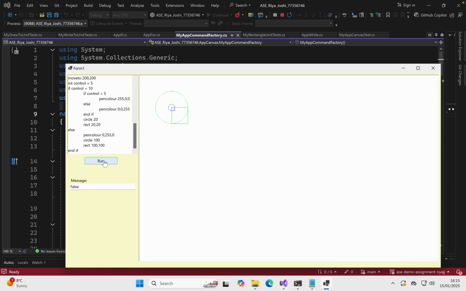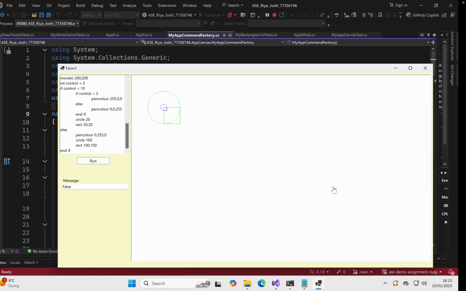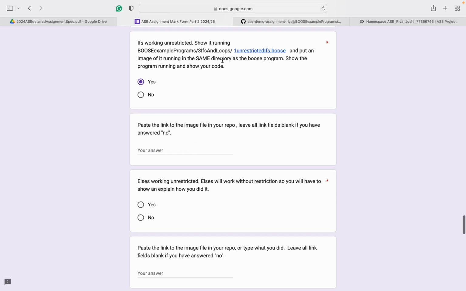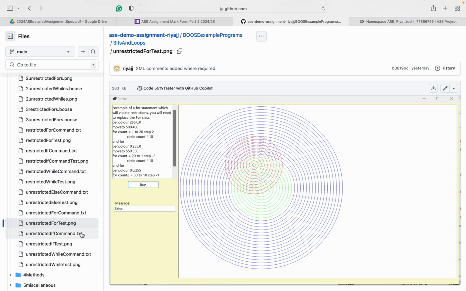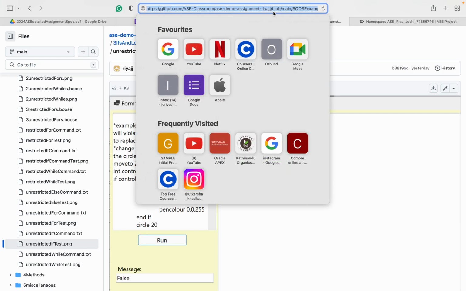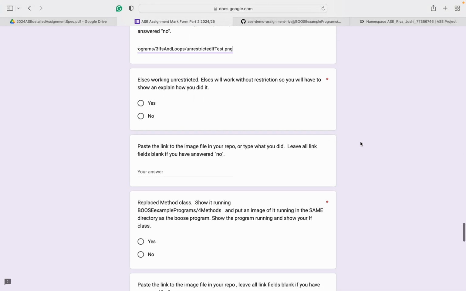Here and run, and this is the output. Let's check it, yes, and the link to the image for unrestricted if test is here, and this is the link for the image.